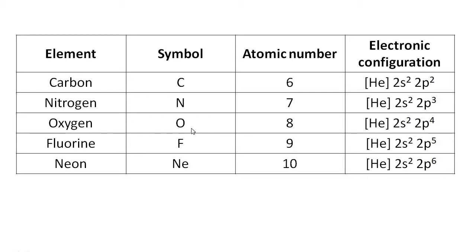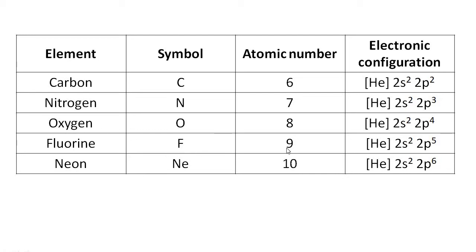Next, for oxygen, symbol O, it has atomic number 8, that is 8 electrons. See the filling of electrons to 1s, then 2s, then 2p. All the 3 orbitals are occupied by 1 electron. The fourth electron enters into 2px, that means it gets paired with that electron. That means pairing of electrons takes place, which follows Hund's rule. After filling all the 3 subshells with 1 electron, the fourth electron gets paired with the 2px electron.